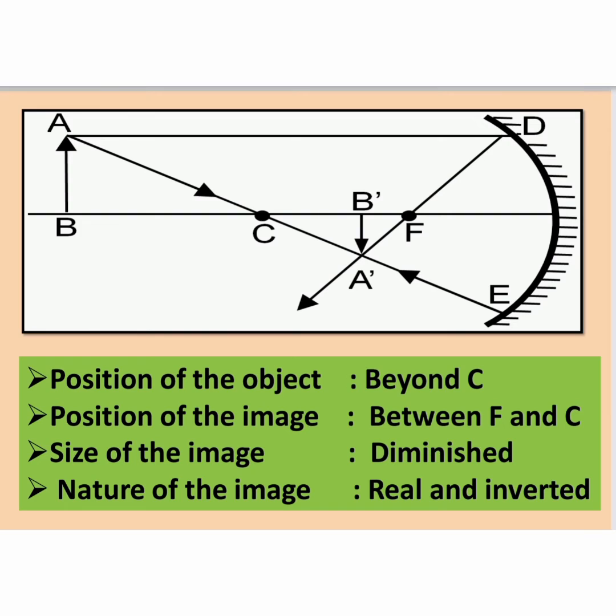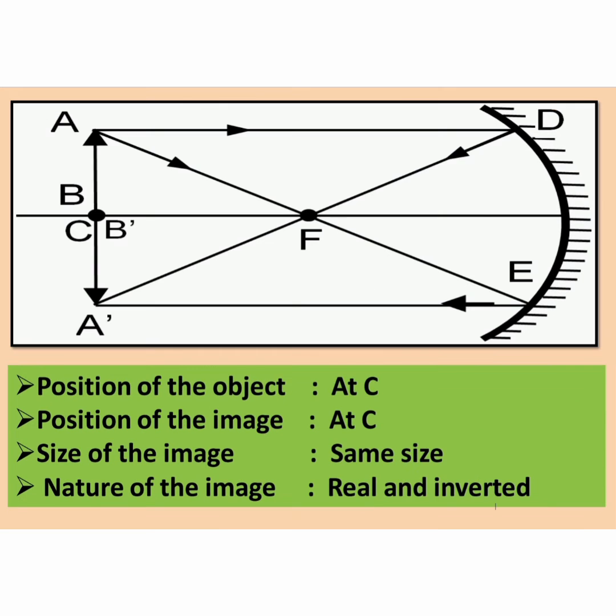While we observe the object height and the image height, the image height is decreased while comparing with the object height. So we can say it is diminished, decreased in the sense diminished. Next, the nature of the image is real and inverted. The 4 key points which we are saying in words are given in the diagram. While we observe the diagram itself, we have to say all the 4 key points.